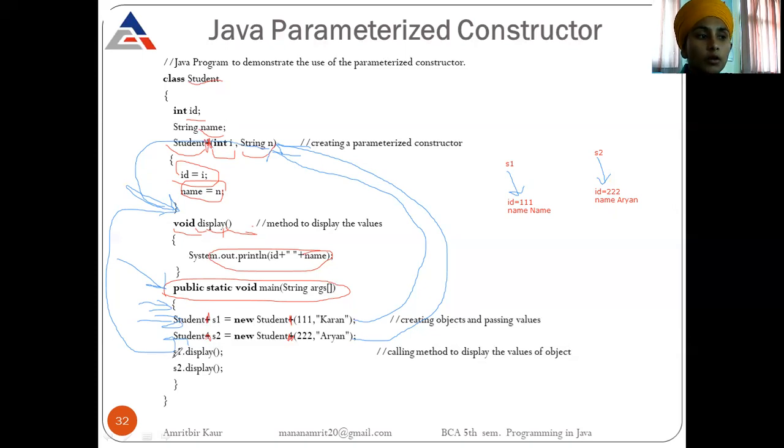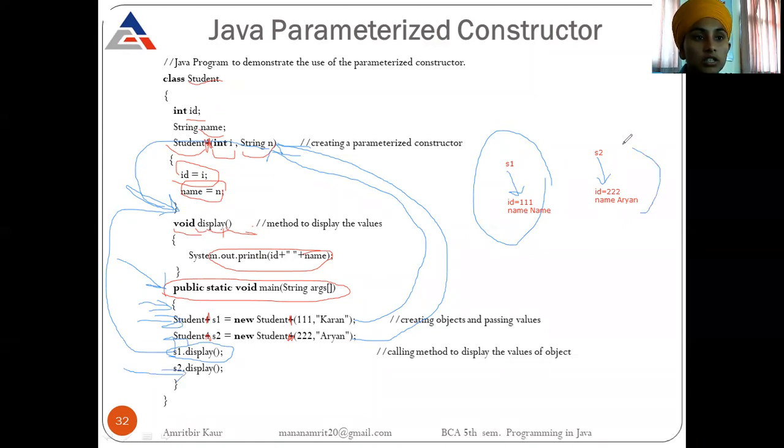Next we call the display method. Object one calls the display method, so this object will work. Now it displays ID and name, and this ID and name will be displayed on the screen. After completion of the function, control will come to the next line, that is S2.display.